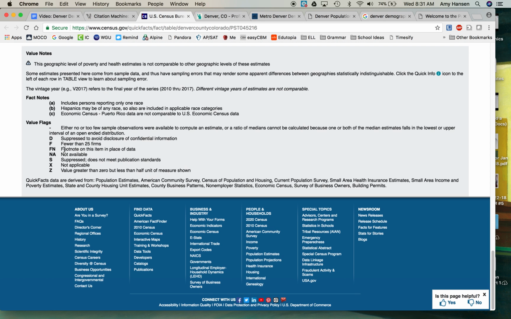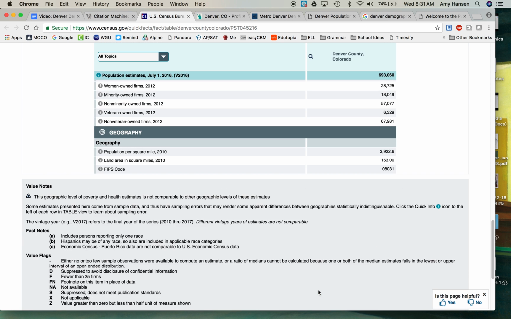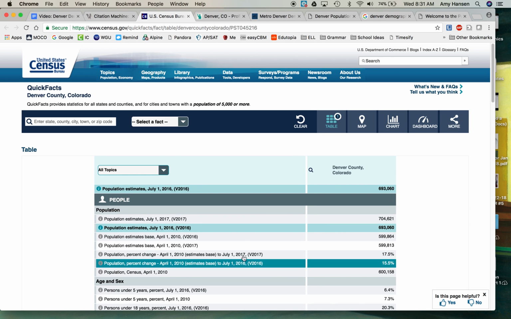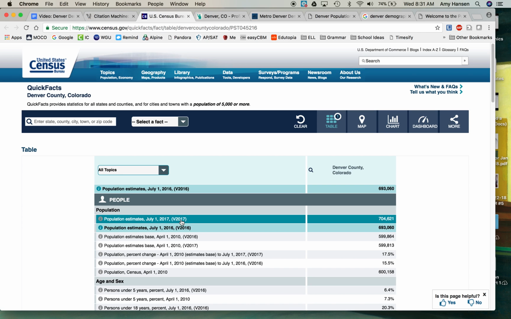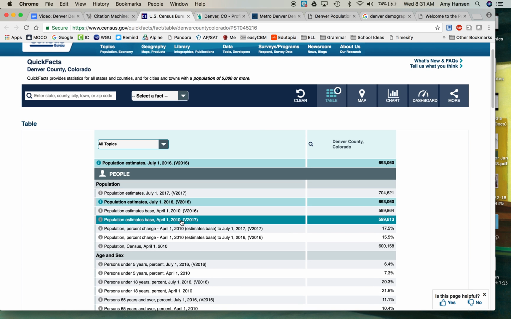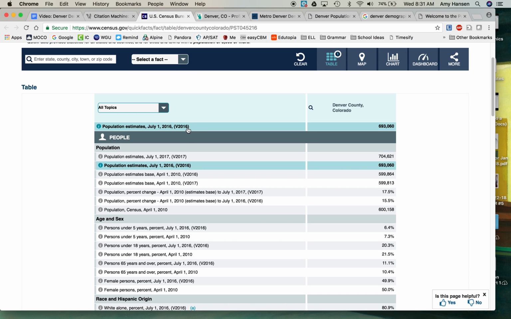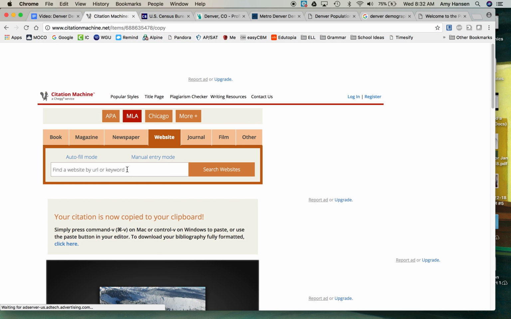I'm going to look for some copyright information. I don't really see a date here anywhere, but I do see that it belongs to the U.S. Department of Commerce, so I want to pay attention to that. I can estimate the date because it has data through July 1st, 2017, but I don't really want to use guesses when I'm talking about my dates. If it's not posted and it's not copyrighted, I'm not going to use that. So in order to make this as easy as possible, I'm going to copy the web address,